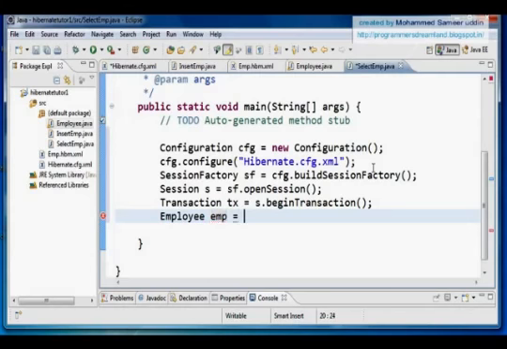Now there are 2 methods for loading the data in my Pojo class. The first method is the load method, and the second method is called the get method, and these 2 methods are available in the session class. I'll tell you the difference between the load and the get method after I explain this, but for now these 2 methods are used to load the data. So right now I'm using the load method, s.load